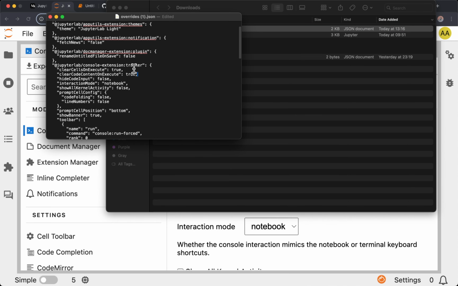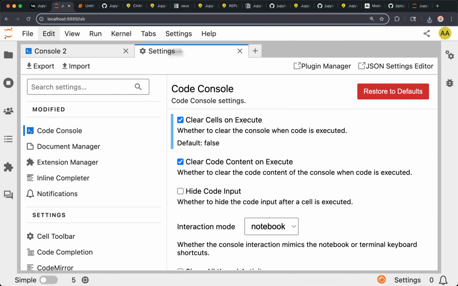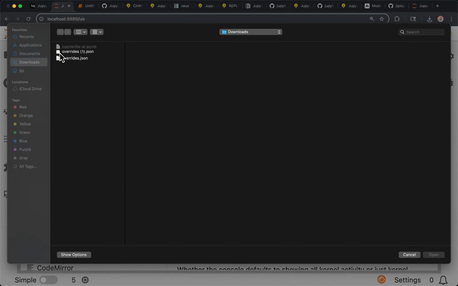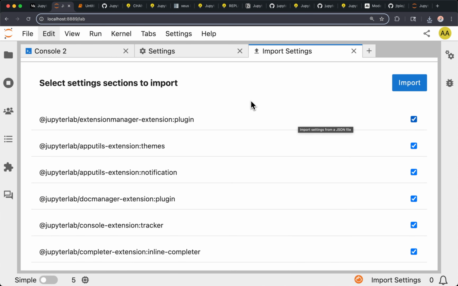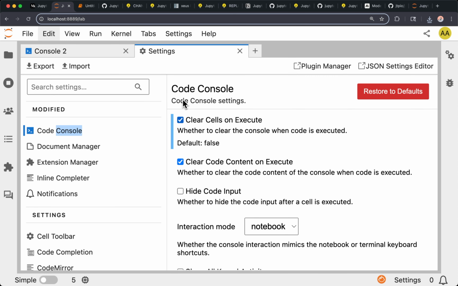And you see that the file has a JSON version of the settings, which is quite useful because then, let's say you start a fresh environment. Here we clicked on restore settings, so we just reverted our changes, but you want to add them back. So you can go there, import the settings. The UI is going to ask you to check the settings you want to import. And then the settings are imported, and we see here that we find the checkbox that we checked earlier. So if you want to save your settings somewhere on Git, or you want to share them with other people, you can do that a bit more easily.